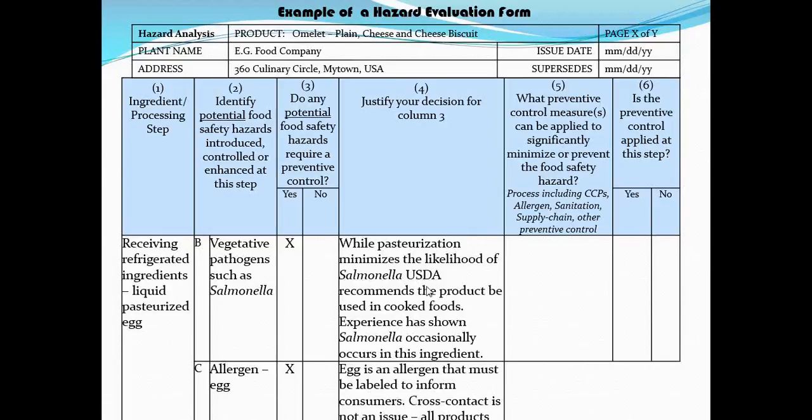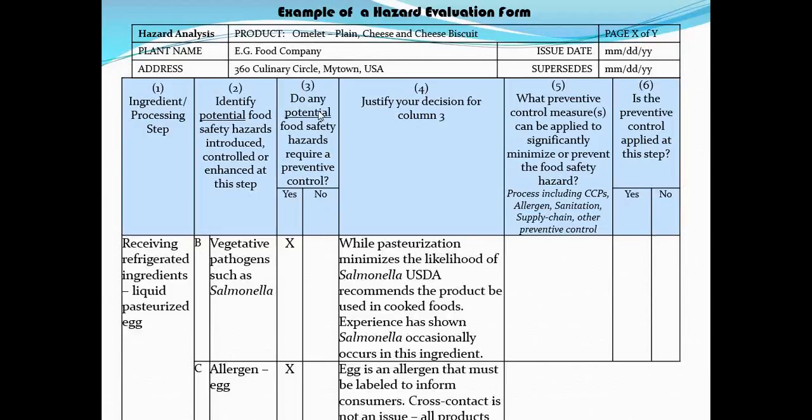Okay, I'm going to give an example of a hazard evaluation form. For instance, the first column, this is receiving of liquid pasteurized egg. Okay, and then what are the potential food safety hazards? Obviously, salmonella. It may contain vegetative pathogens such as salmonella. Okay,